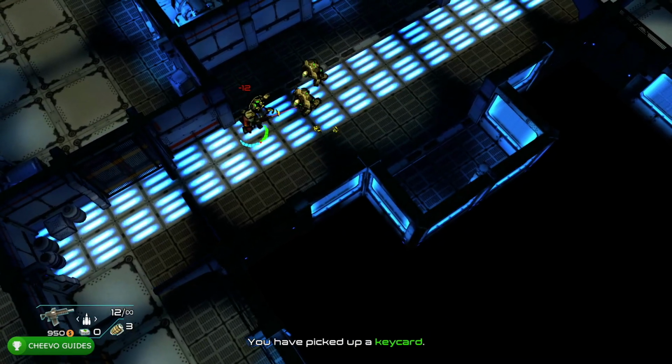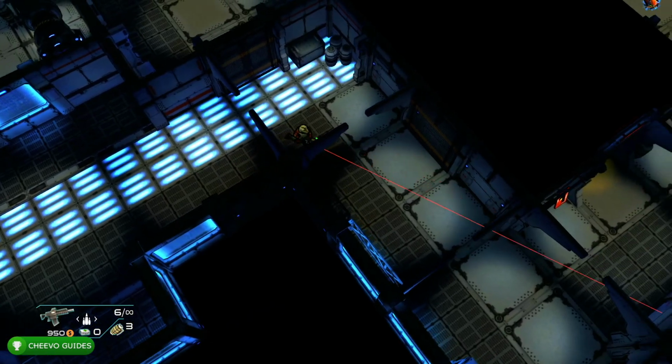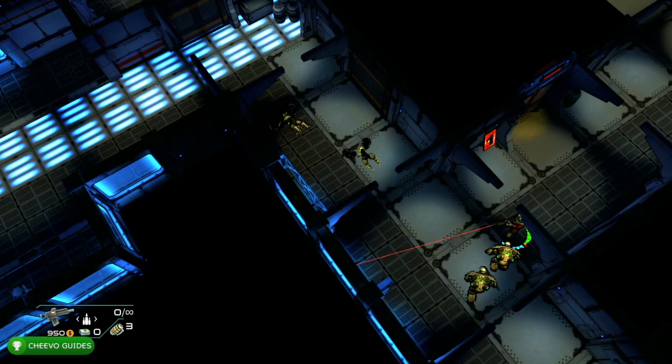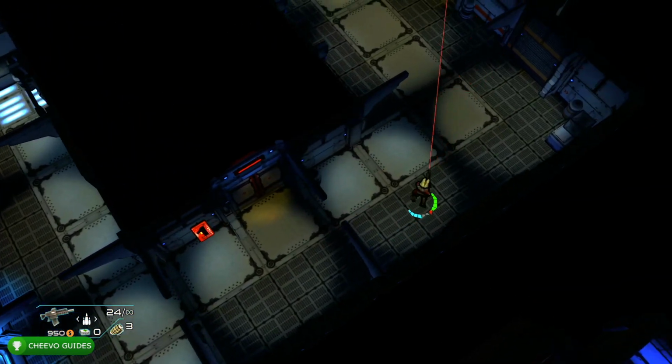Now what we want to do is collect that door card and kill those enemies. Gonna start rolling over here. We're gonna find some more enemies right here that spawn. Make sure you kill them. And then we're gonna go ahead and skip this door for now as we do not have the appropriate key